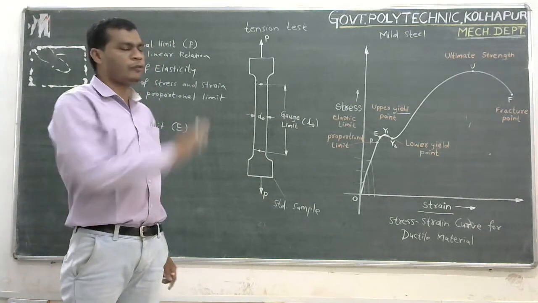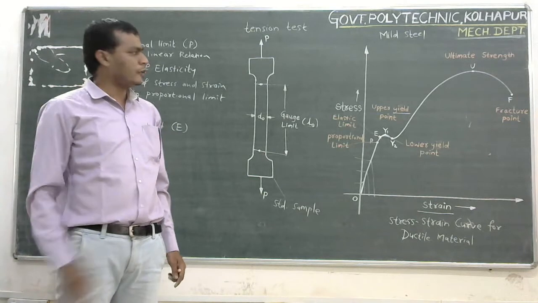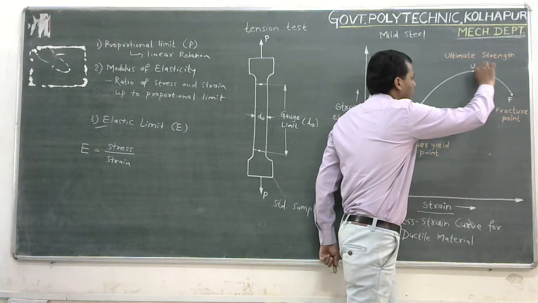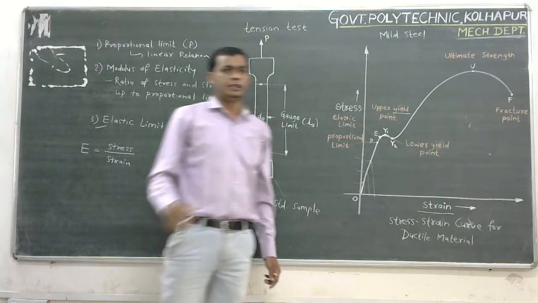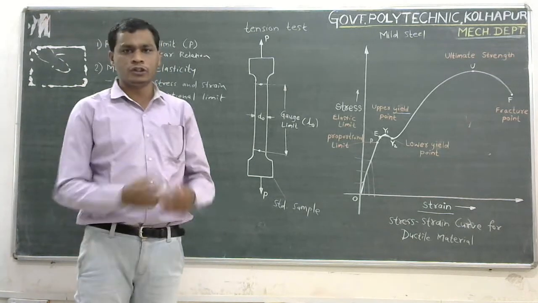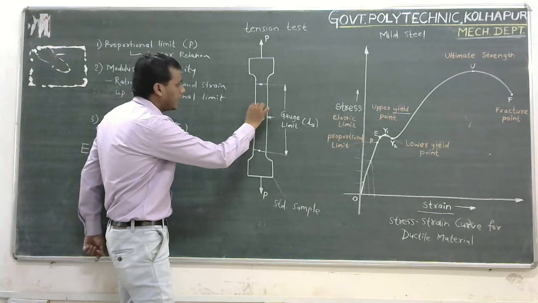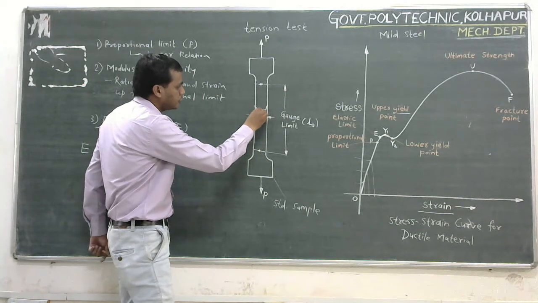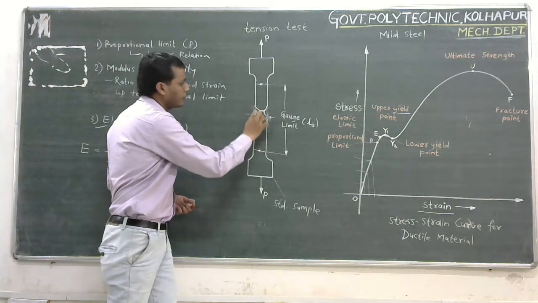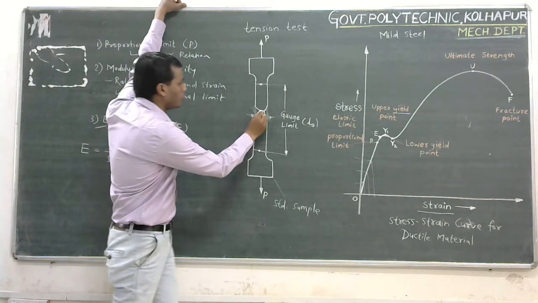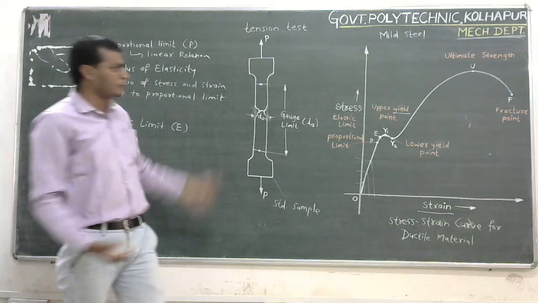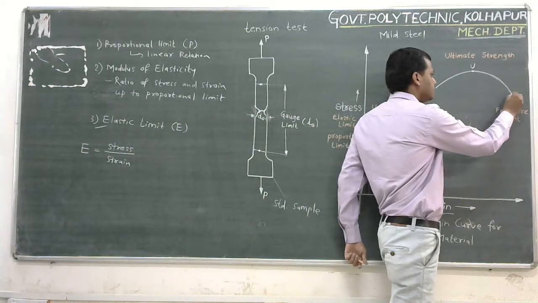This is the maximum value of stress that can occur in that material, and after that ultimate strain point, the curve starts to drop a little bit, and after some strain point, the material fractures into two. So here what happens? A neck is formed here. The cross-sectional area reduces drastically at a certain point, and this neck formation will happen. And at this neck, the material fractures in two parts. So that point is the fracture point.